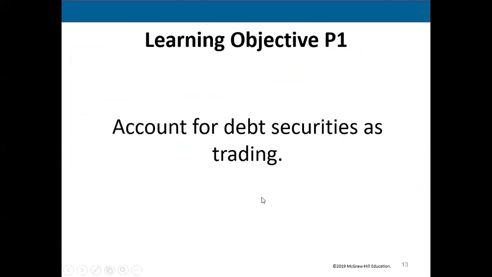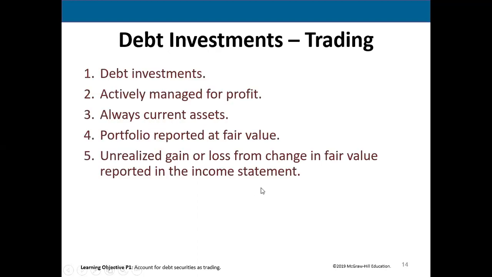What if instead the company wasn't going to keep the bond to maturity? They're going to sell it quickly, 5-6 months. Now it will be put into this second category instead, called debt securities as trading. Now, again, it all depends on the intent of management. So if the company buys a bond, they have a debt investment, they are going to sell it quickly so that they can make a profit. It will always be listed as a current asset because you never plan to hold it for more than 1 year. As a matter of fact, to be in this category, it's only going to be in there for a couple months.